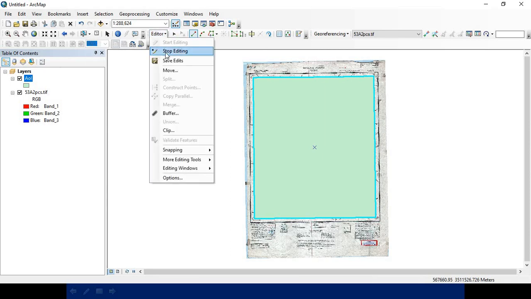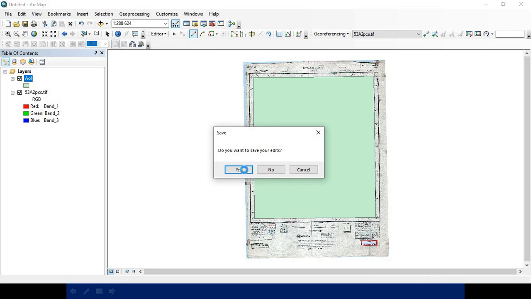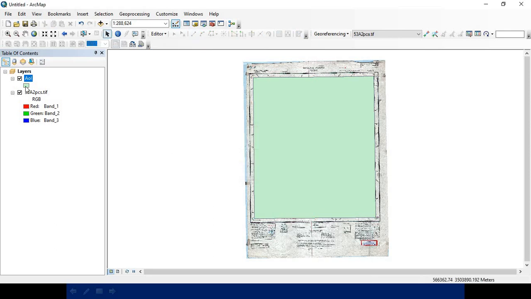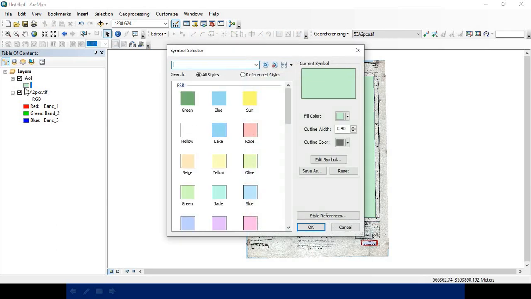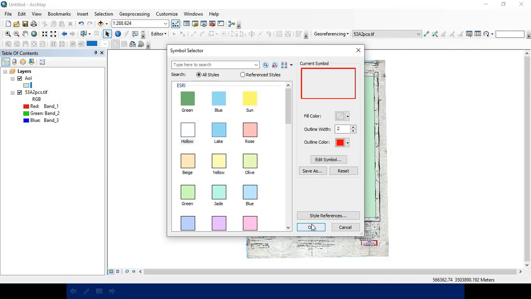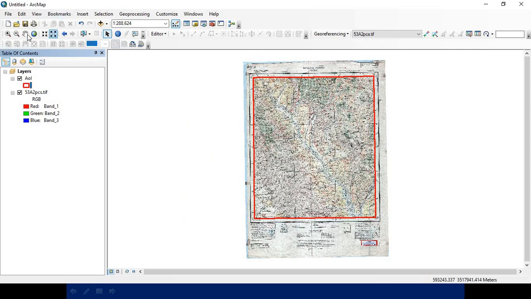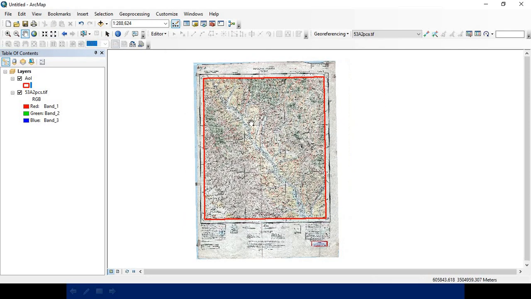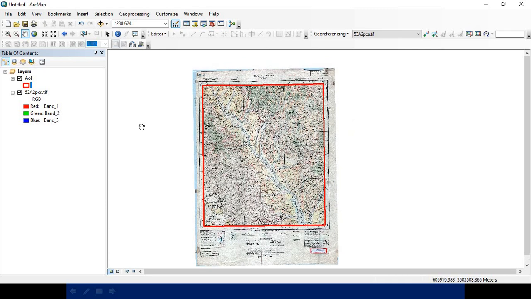Now click on the editor, stop editing, yes, and click on the AOI layer symbol and choose hollow. You can increase the outline width and change the color also. Click on OK. So this is the area that I want to subset.